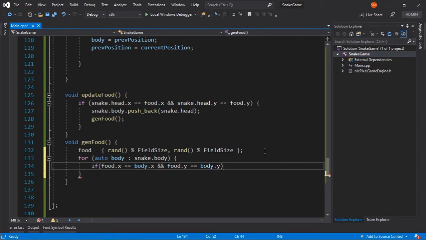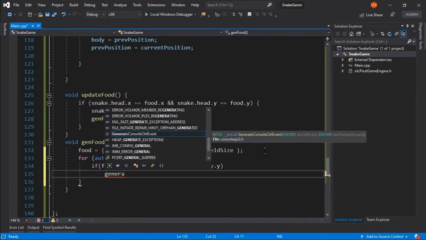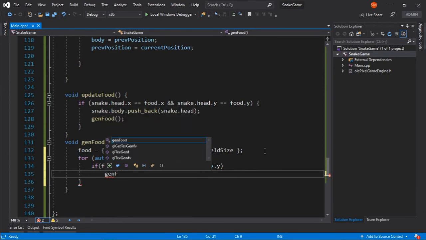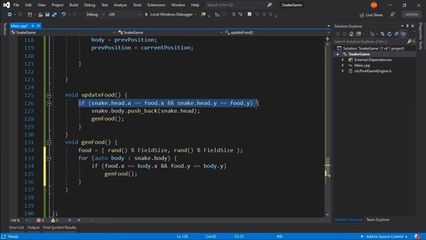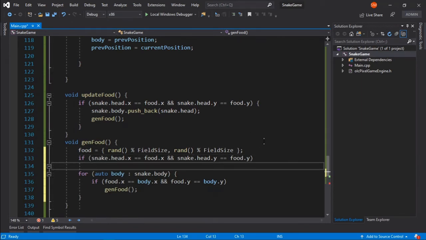And if that's the case, then we once again want to generate the food. So gen food, and also we want to check it for the head as well. So if it's just being created at the position where the head is, we also want to generate the food.